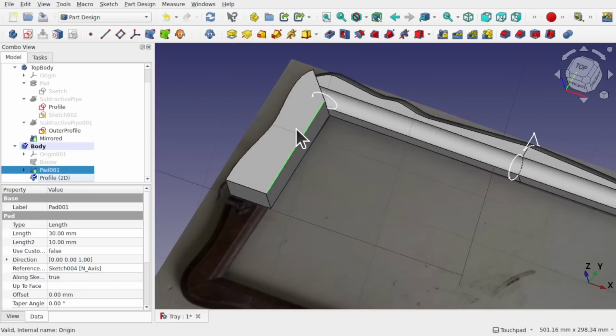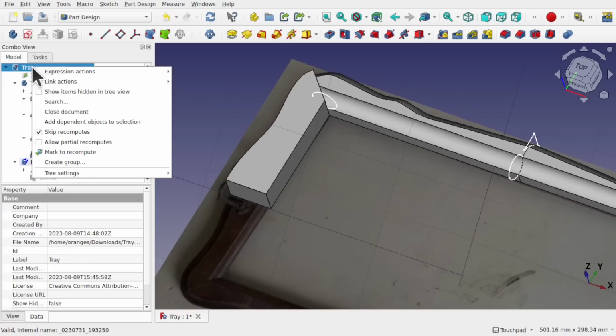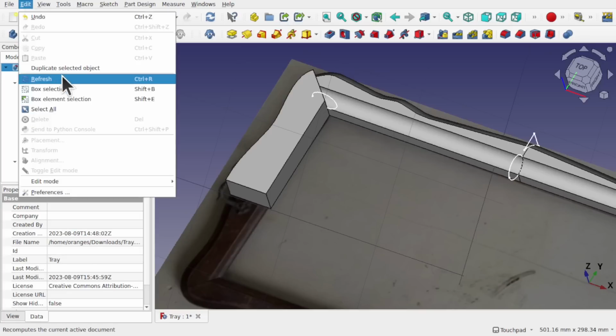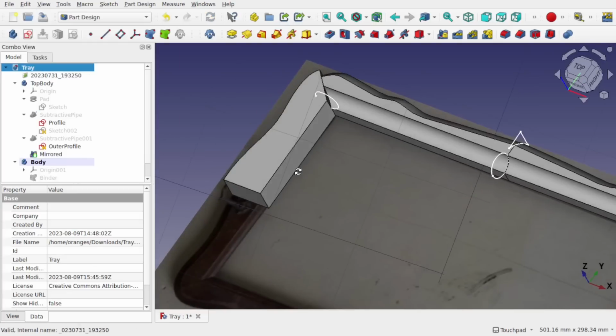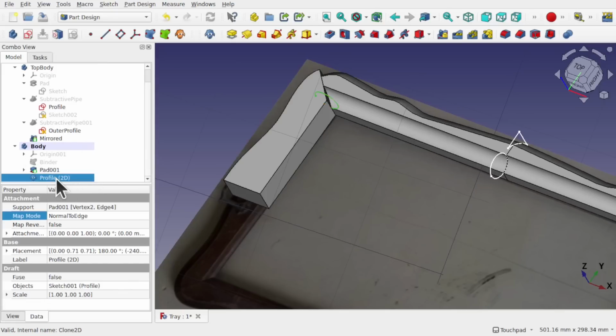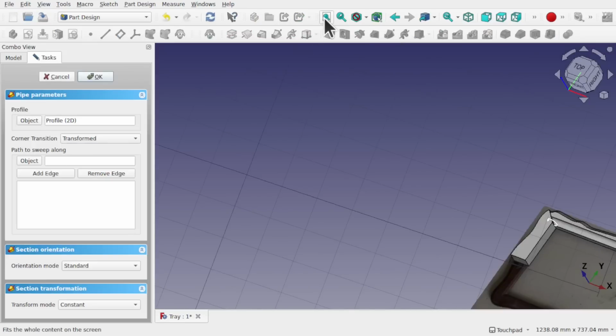Let's test this now. What I'm going to do is just come up to the project, right click, and skip recompute. I'm going to turn that off. It needs a recompute, edit refresh, and that's all in place. Now what we can do with that body is we can use this profile in the sweep. So click on the profile, and we're in the part design already. If we're not, just come over to the part design, select the profile, come over, subtractive pipe,